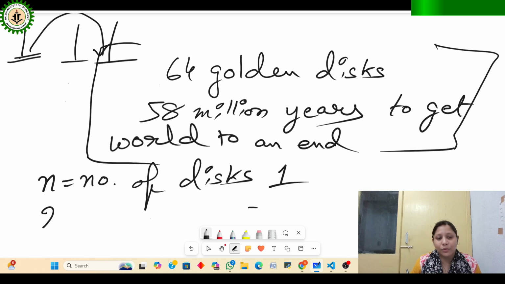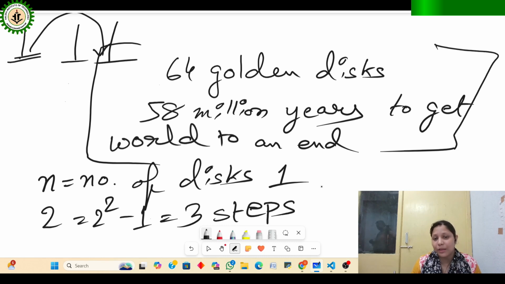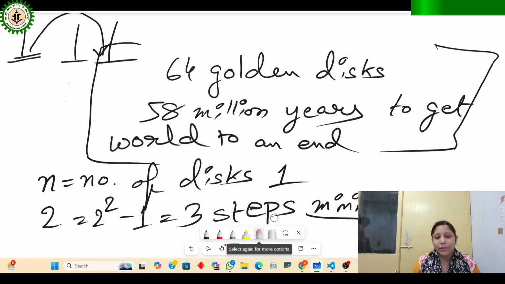If the number of disks is 2, then 2 to the power 2 minus 1, that is 4 minus 1, is 3. That means we will need 3 minimum steps. These are all minimum steps. You can take more than this, but this is the minimum number of steps required. Now, next is